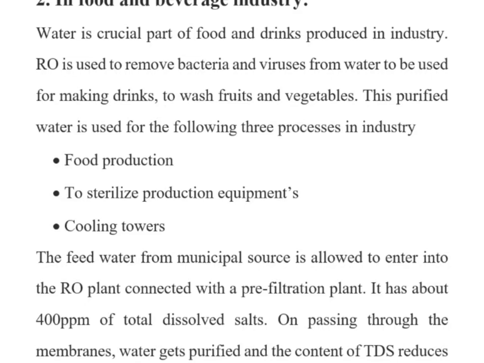Now discussing its application in the chemical industry. In the chemical industry, it is used to treat pure water and to treat water which is used in the reactions. For example, it is used in the pre-treatment and also for the post-treatment